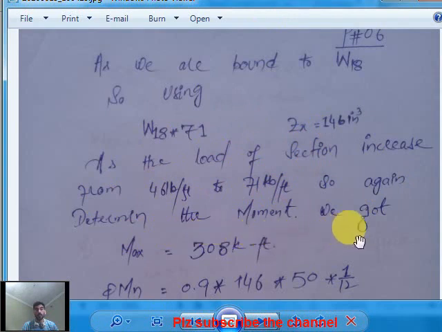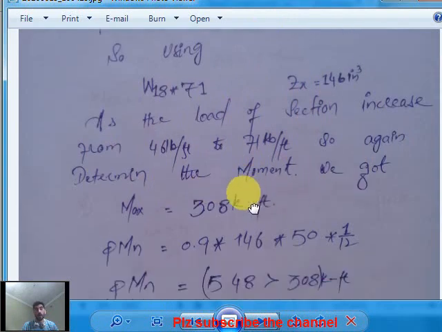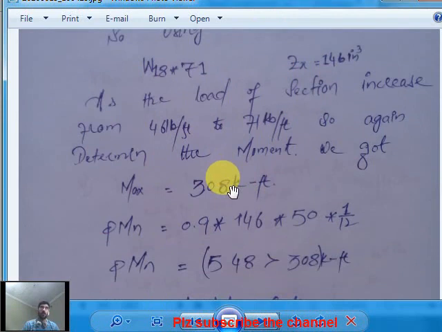So now you have to revise your calculations, and that's, you can say, the tricky and complicated part, because when you revise, you have to revise all things again, clear, because your weight is changed right now. When you revise your load, you add 71 instead of 46 as we did already, so you got a moment of 308 kip feet, clear. If you determine the moment capacity of this section having a ZX of 146, it will be